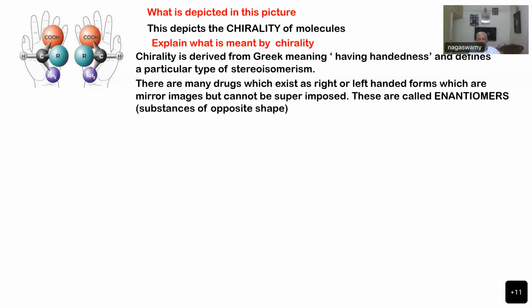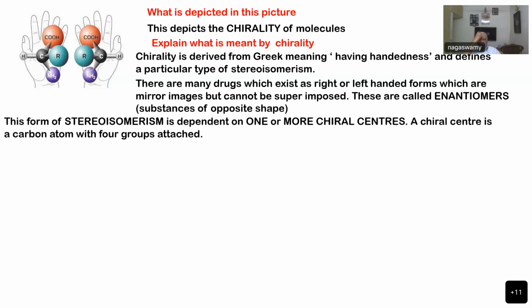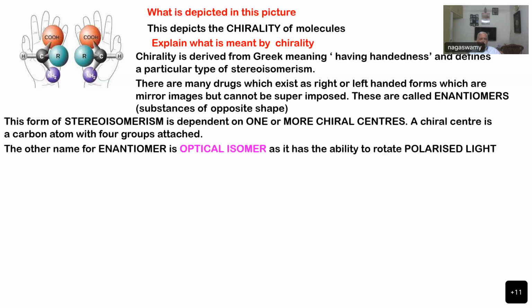This is also called enantiomers, which are substances of opposite shape. That is the meaning of enantiomers. And this form of stereoisomerism is dependent on one or more chiral centers. A chiral center is a carbon atom with 4 groups attached. You can see in this picture, this is the main carbon atom and it has a COOH, an R, an amine NH2 and a hydrogen. So 4 groups are attached to the carbon atom. The other name for enantiomer is optical isomer, and it has the ability to rotate polarized light from one direction